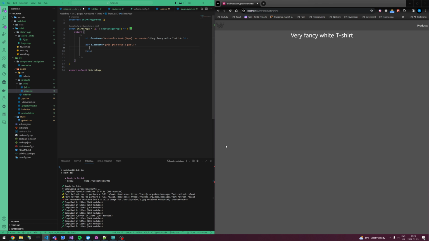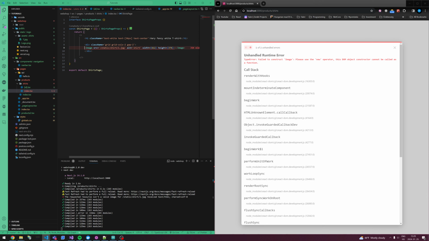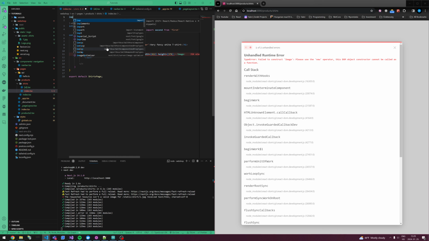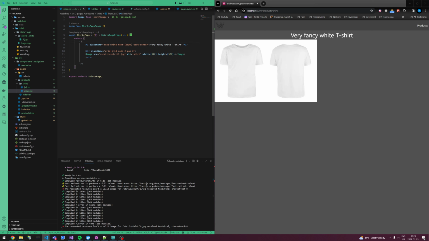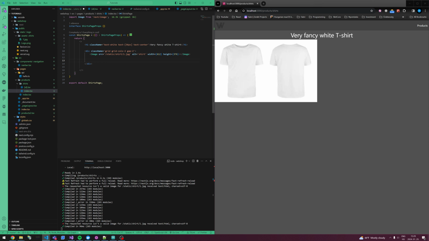So in the first one, I want to show you an image which we downloaded earlier. This is the assets shirt shirt 1.jpg, and if I import it, import Image from next/image. As you can see, it automatically